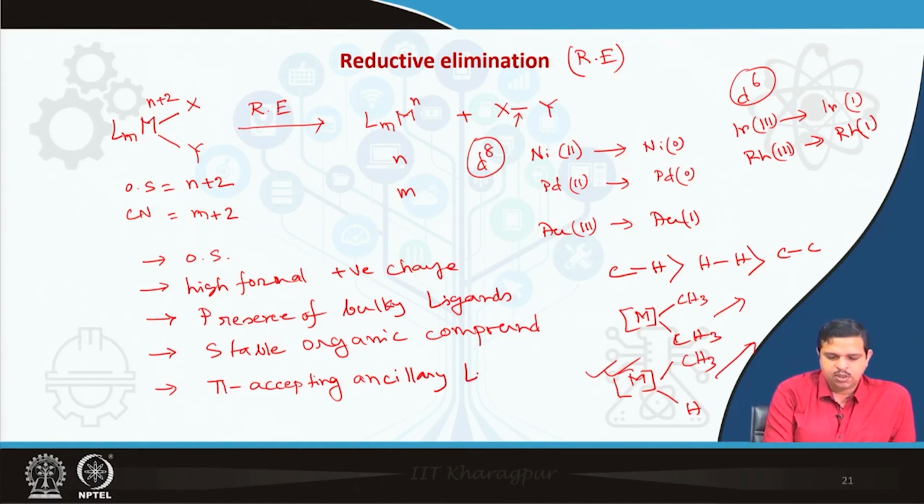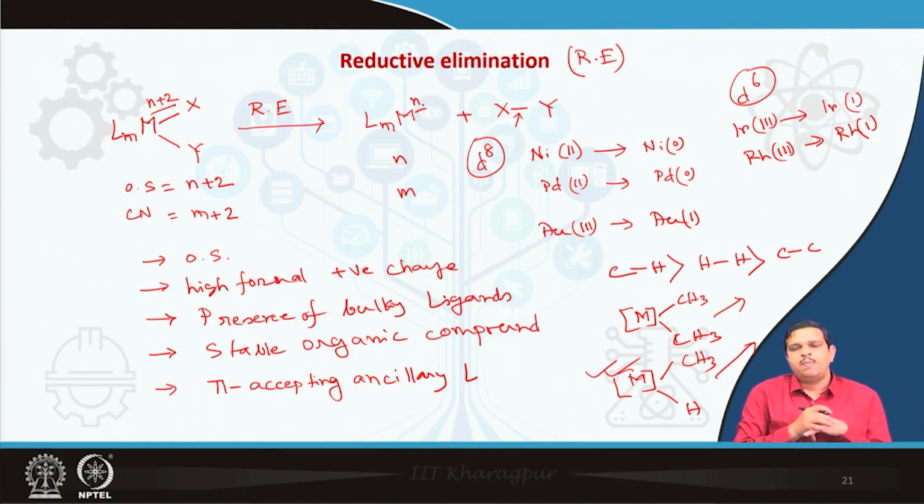Why? Because you see that you are basically transforming a higher oxidation state to a lower oxidation state, and as you know in organometallic chemistry, the lower charge, that is the low oxidation states, are stabilized by the pi acceptor ancillary ligands. So, through the back bonding, there is a charge neutrality. So, that is one of the strategies to make organometallic compounds